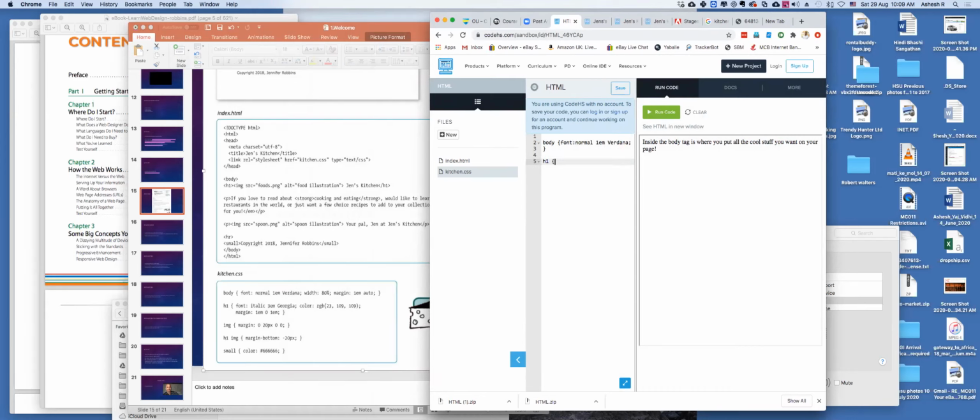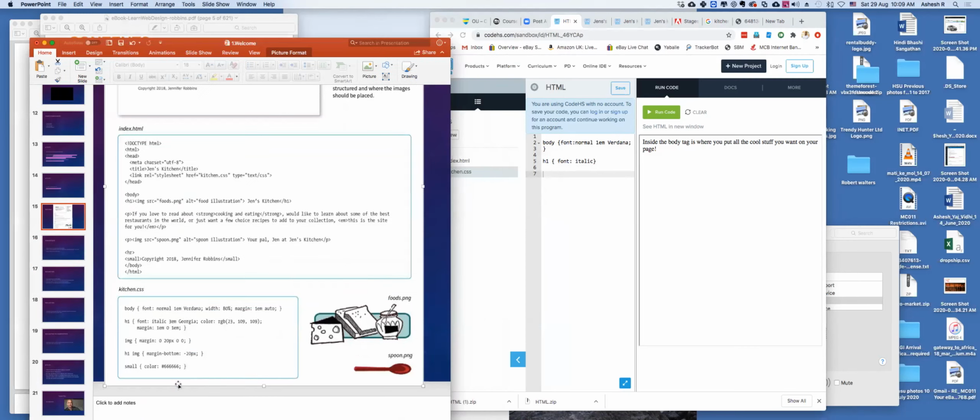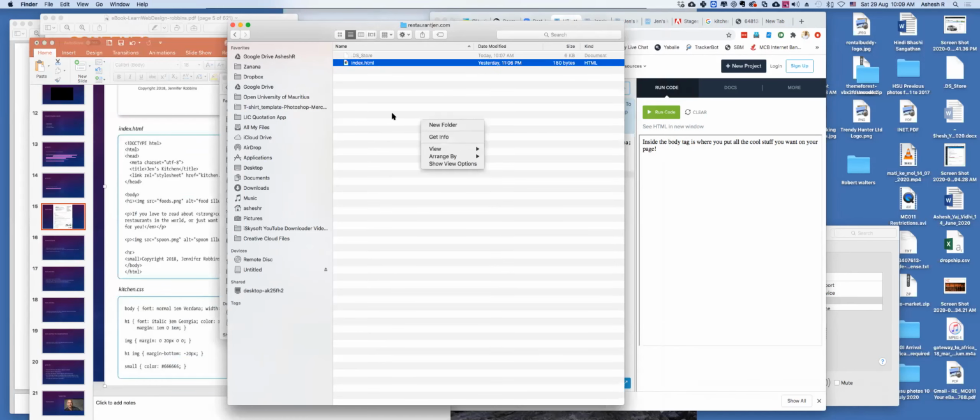H1, font, and the other, you close, and then you just type, then you save it as a CSS file. Okay, after that you will link in your folder, this CSS file will be linked with your HTML, because then the restaurantgen.com new file, and then there will be a CSS file here. Okay, so this is the basic structure